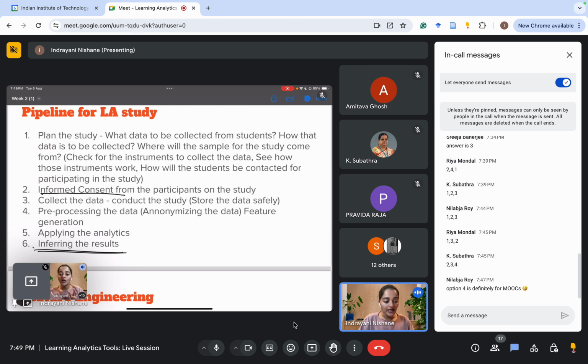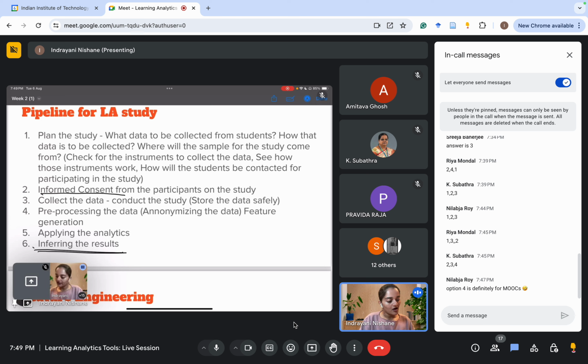So we need to decide this before we go for the study. That is called limiting the study, or setting the boundary to your study design. Here, what we are doing is determining which is our dependent variable and which is our independent variable. What are the independent variables we are capturing through different instruments? By instruments I mean the surveys you conduct with your participants, or the log data. The learning environment itself becomes one instrument of data collection,